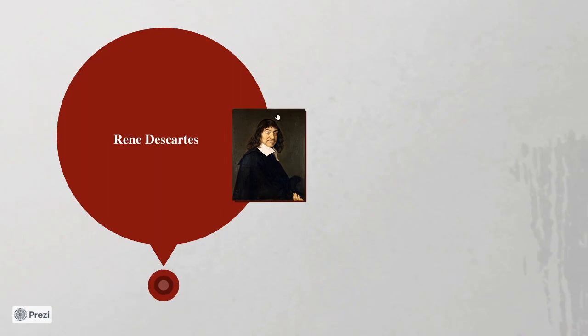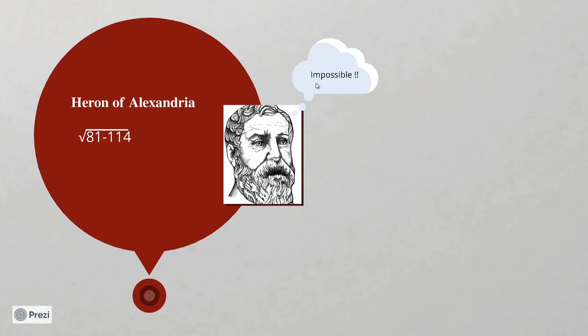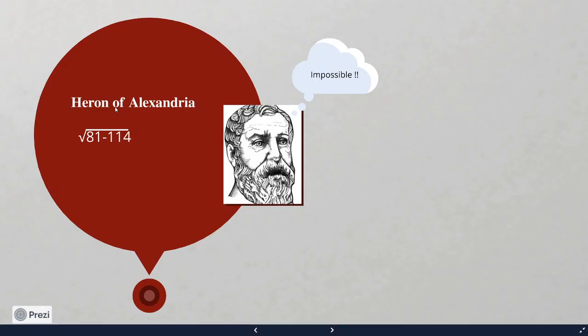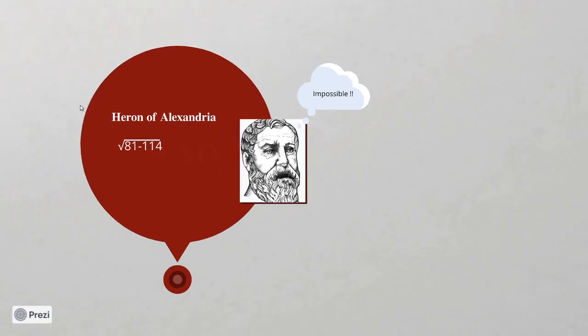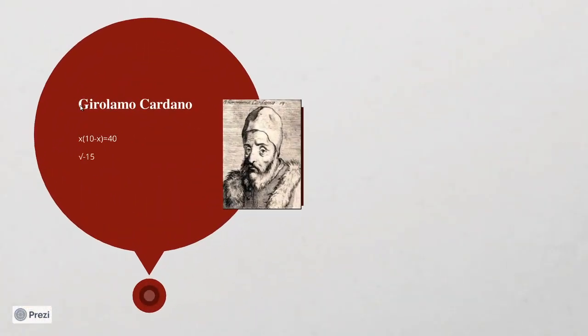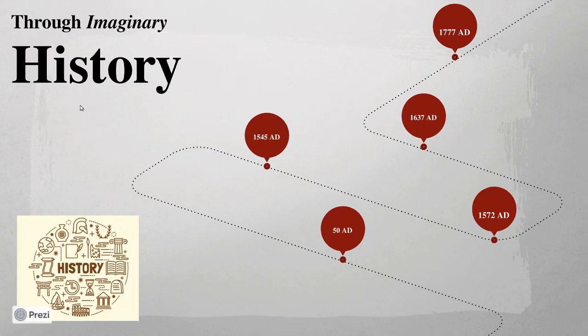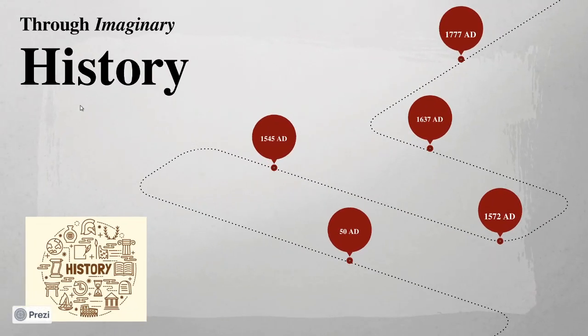So by the way, there's one more thing. Wait, let me go a little back. When we looked at Heron of Alexandria, you should also be knowing this guy, because you studied Heron's formula. I don't know which class, but every CBSE student would have studied Heron's formula in triangles. So this guy is pretty famous. They are not simple people. They are very well versed in mathematics, and still they all stumbled at this point. Now, coming back to our Rene Descartes, let us see what he said.